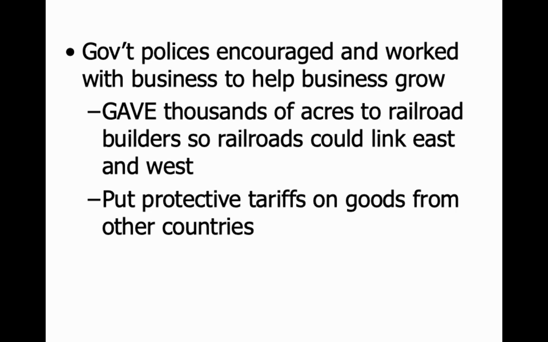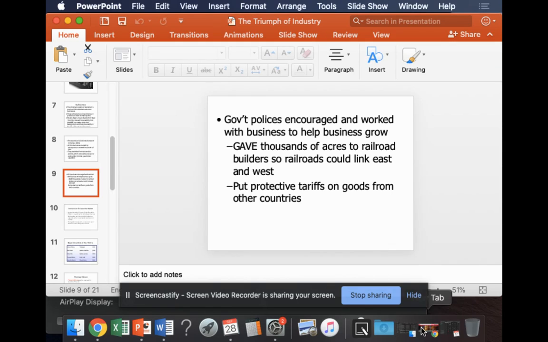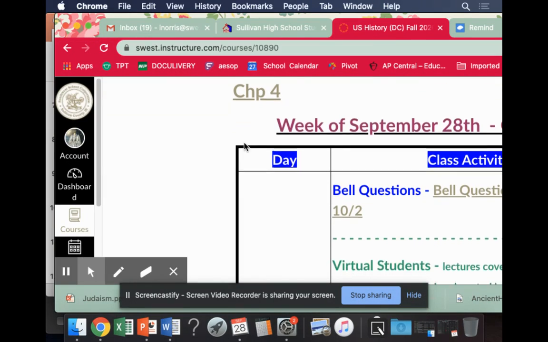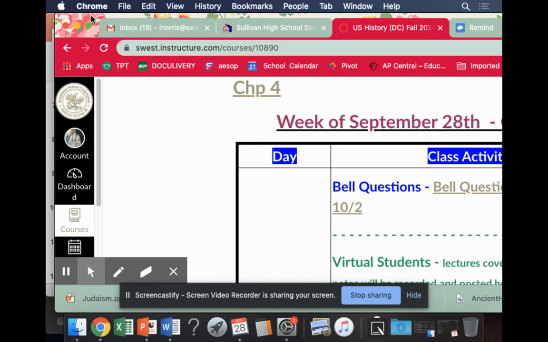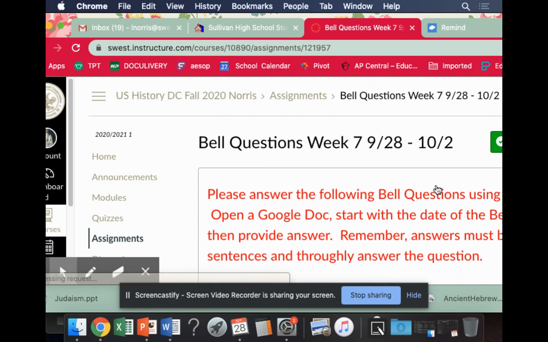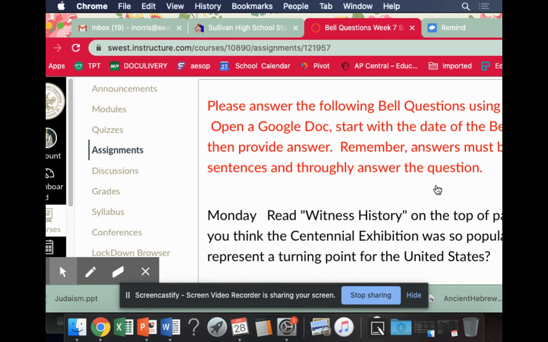All right, so we're going to stop there. Your assignment, and I don't know if it's going to pop up. So if you look in Canvas, again, those of you that have had me for world history, you know what these things are. We've done them before, but the Bell questions are a series of questions that you need to copy and paste onto a Google Doc.